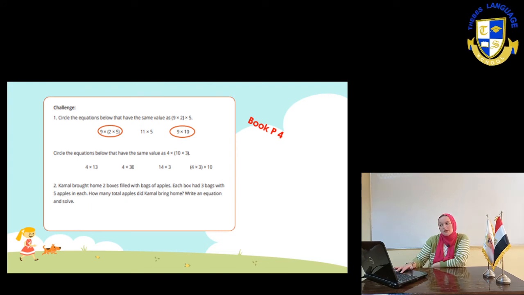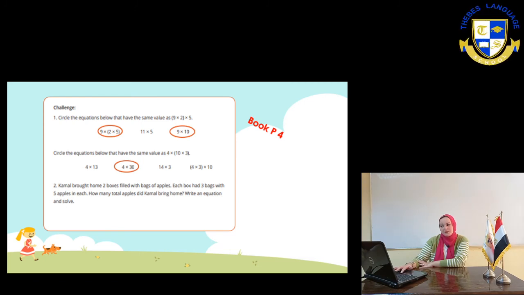Now the second choice is 11 times 5. Do we have any numbers that give us 11? No. 9 times 2 equals 18, so it will be wrong. The third choice is 9 times 10, because if we make 2 times 5, it will give us 10, so it's a right choice. Number 2, circle the equations below that have the same value as 4 times 10